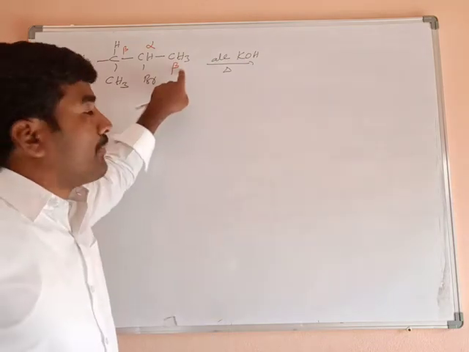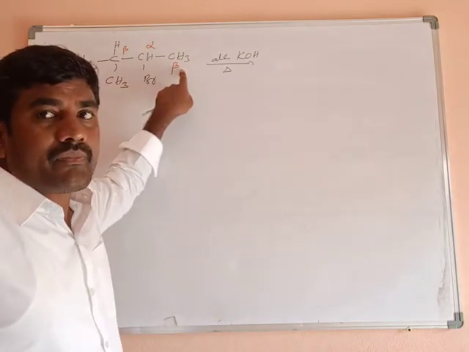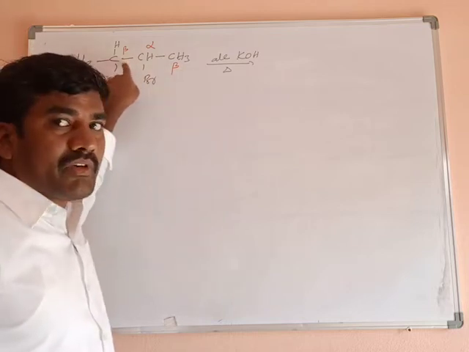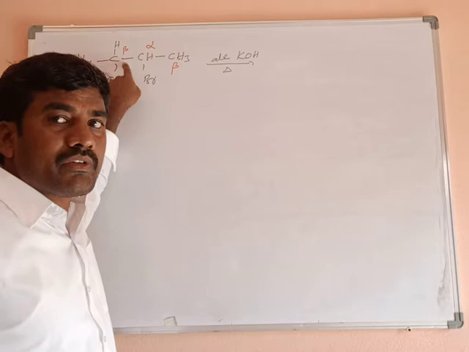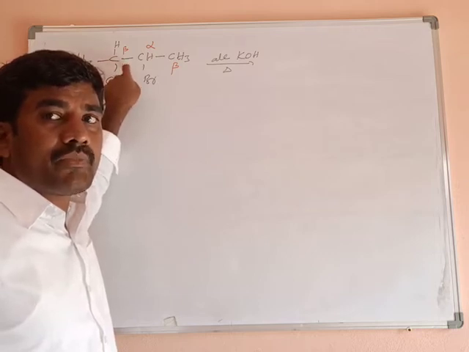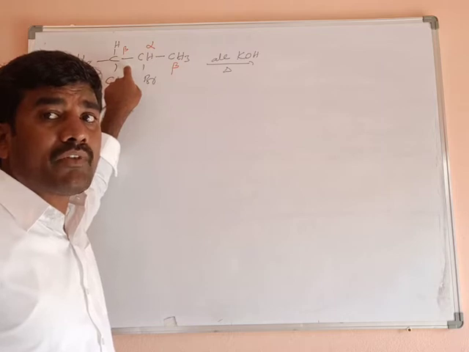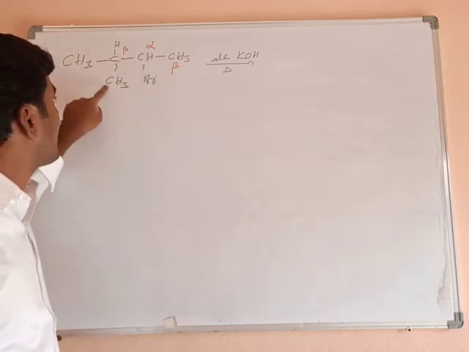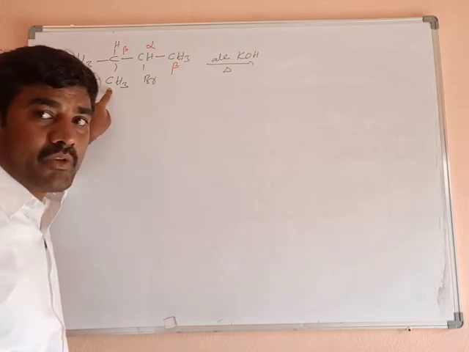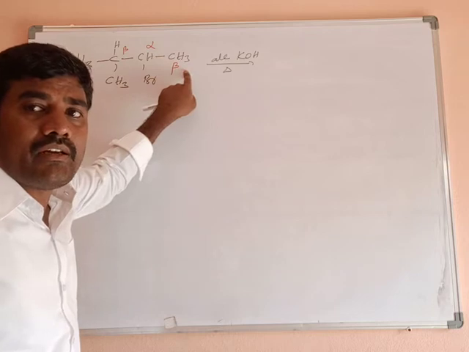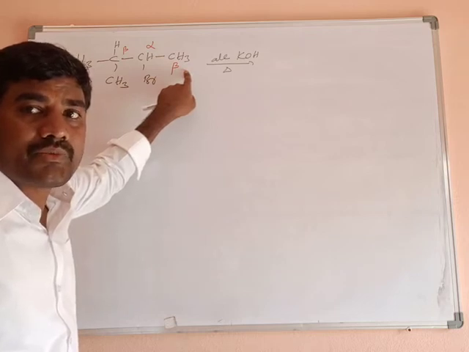Okay, here a beta carbon is there. How many hydrogens are there? 3 hydrogens. And this is also a beta carbon. How many hydrogens are there? 1 hydrogen. So according to the Saytzeff rule, the hydrogen atom is eliminated from the carbon atom with fewer hydrogen atoms, that is, the more substituted one. How many substituents are there here? 2 substituents are there, methyl groups. 2 methyl groups are substituted on this carbon atom. What about this carbon atom? There are no substituents. It is the least substituted.